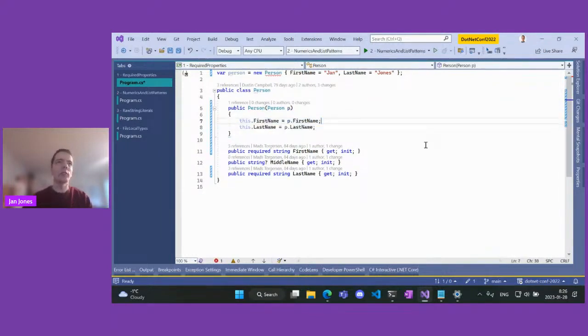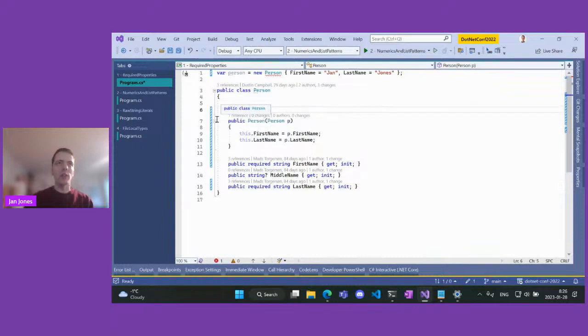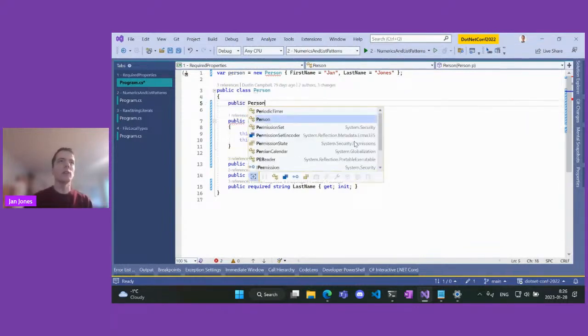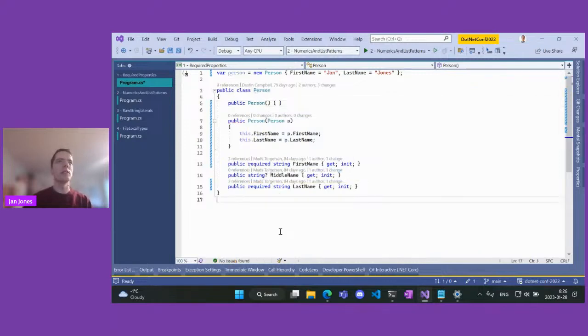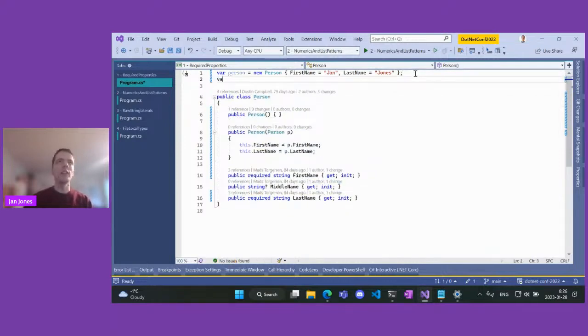Let's just do first and last name, the required ones, right? And since I created this constructor, I still want to create people normally, so I have to declare the default constructor.